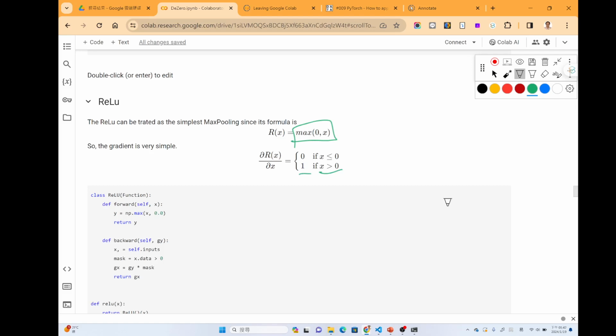Otherwise, it will be 0. So we use this comparison to get the gradient which we need to flow to the input, and then we just multiply the upstream gradient with the mask vector here to get our gradient, the gradient of the relu function.